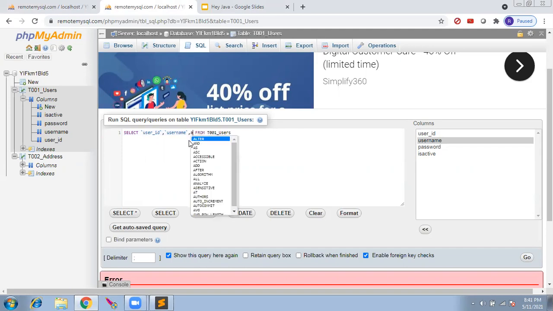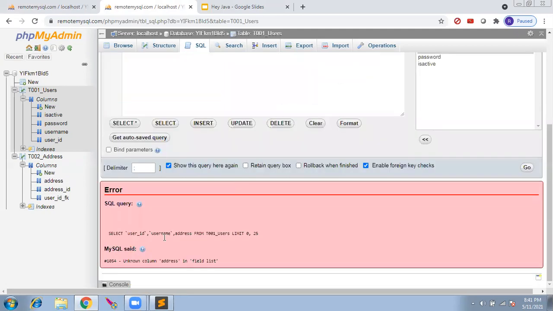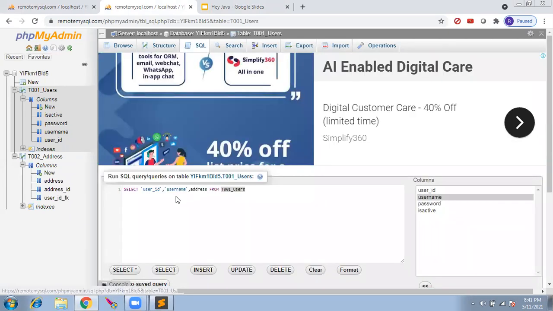So I can select address. If I run this query, it throws an error that the address column is not there in this user table: unknown column address in the field list. So we say from user comma T002 address.